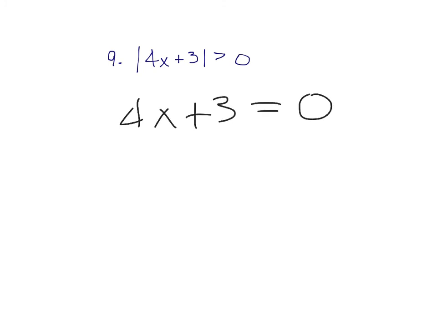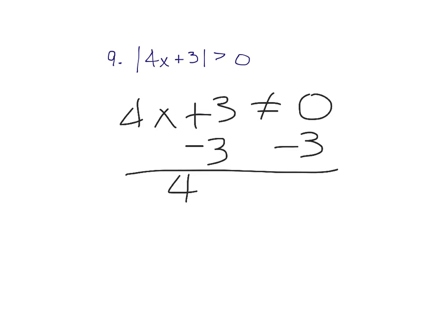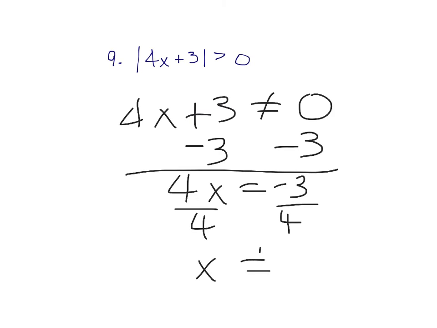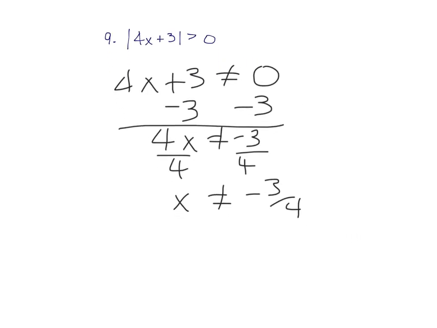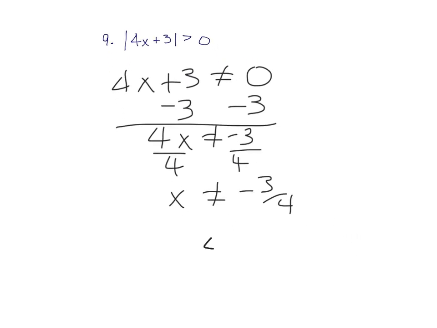And the way I'm going to find out what x cannot be is solve this. So 4x equals -3, divide by 4, and x cannot equal -3/4. Because watch what happens when I plug it in. 4 times -3/4 plus 3